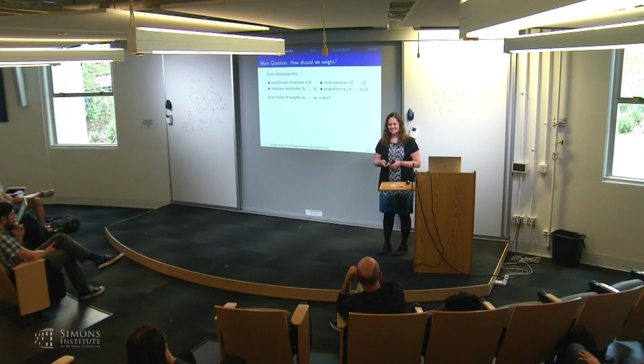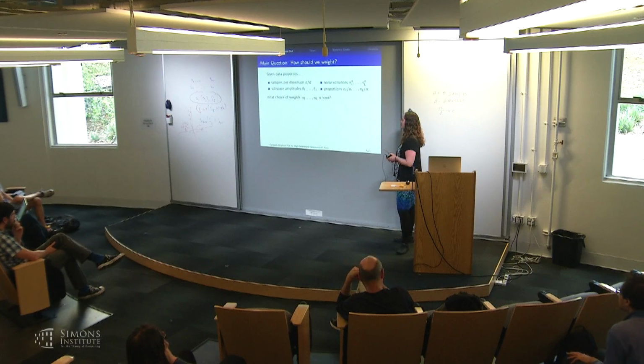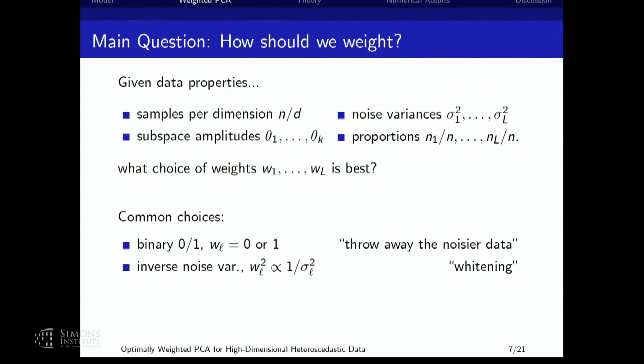That's another good question. The question was, will some of the weights instead be 0? I'll just start out by saying that the two suggestions that have now been mentioned are very common and natural choices. And really what our work is going to ask is, is there an optimal choice? I'll show you that sometimes throwing away the data is nearly optimal, and oftentimes inverse noise variance is nearly optimal, and our results give exactly those answers.